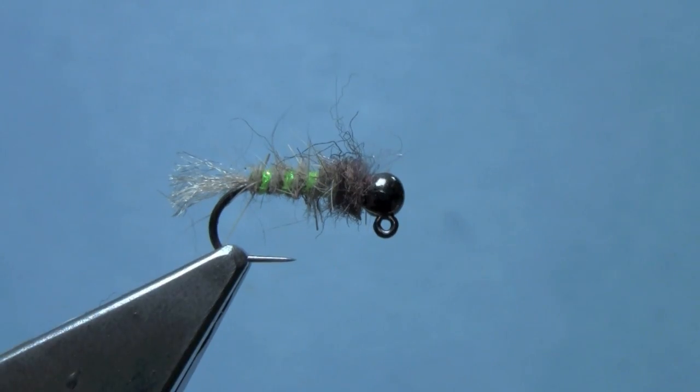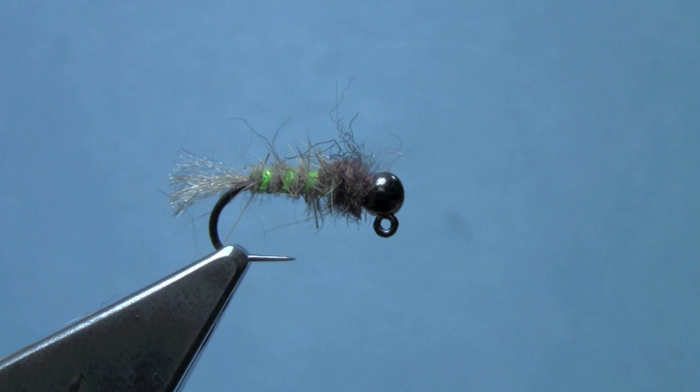Use this as your bottom fly in a 2 or 3 fly rig, and using this as kind of your weight fly at the bottom will allow the rest of the rig to stay taut, so that as a fish takes, that take is telegraphed to the angler. And that's very important, that sensitivity when you're fishing in some of these European indicator rig or